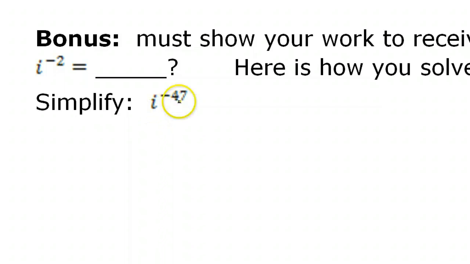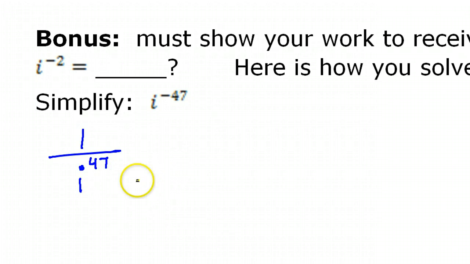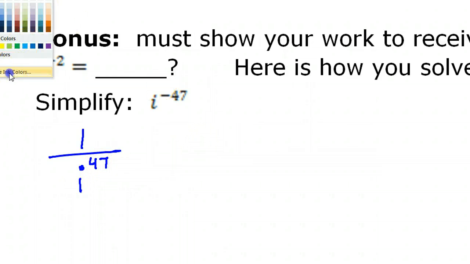Alright, well, we have i to the negative 47 power. Well, a negative power will drop you down to the denominator. So this is the same thing as 1 over i to the positive 47 power. Now, we learned how to simplify i to any power, so now we do that. And the way we learned to do that